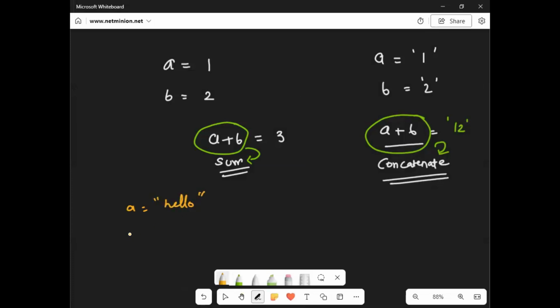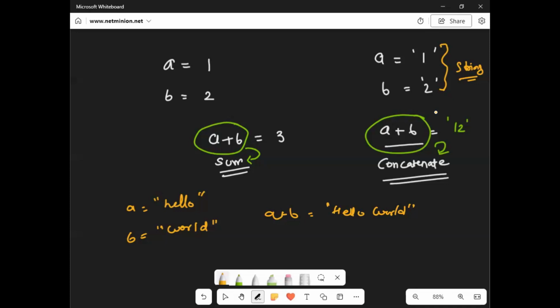A equal to hello, B equal to world. Okay. So if I do A plus B, it will be helloworld. In the same manner, same calculation, it is taking them as strings. Although to the human eye it looks like a number, since the syntax is of a string, Python is treating it differently.